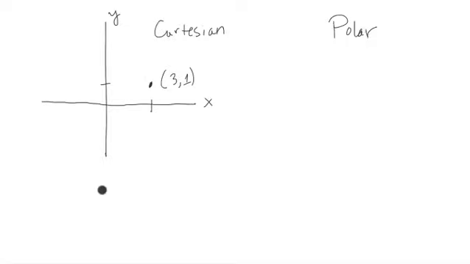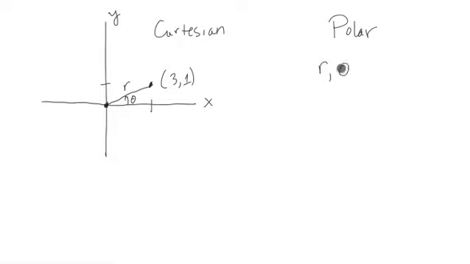We can represent the points in the plane, or where we are, in another way. Namely, we could say how far we are away from the center, the origin, and we could also say what the angle is made with the positive x-axis in a counterclockwise manner. So in this particular case, (3, 1), we could actually write this coordinate down in polar form, where we have